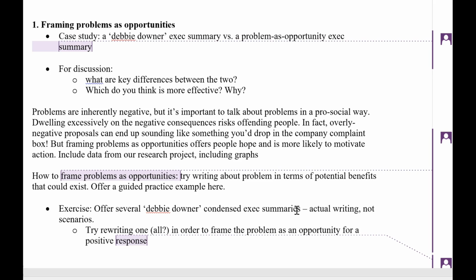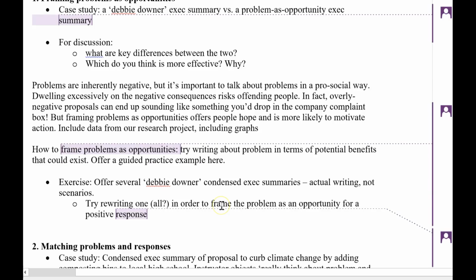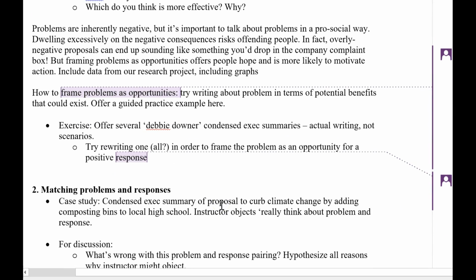And there's some stuff about maybe civility, not looking like a jerk, not just complaining, that might go in here. And that might go in a different section rather than framing problems as opportunities. But I just feel like there's probably a little bit more that needs to be broken down in here.